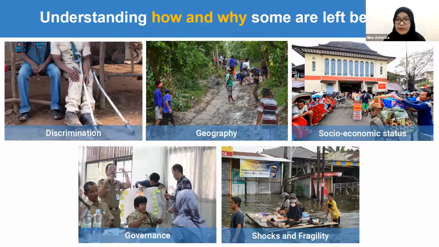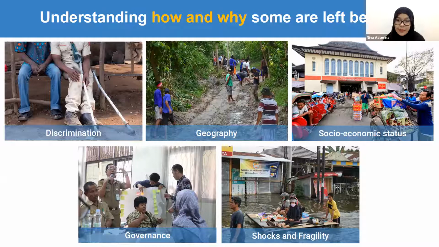And then the fourth one is governance. In the governance aspect, the commitment and political will from global, national, or local institutions really matter in determining the policies and programs for those people living in vulnerable conditions. Governments that are ineffective, unjust, exclusive, corrupt, unaccountable, and unresponsive will put some people at a disadvantage, and they will be left behind in the process. Their voices haven't been included in policymaking decisions.